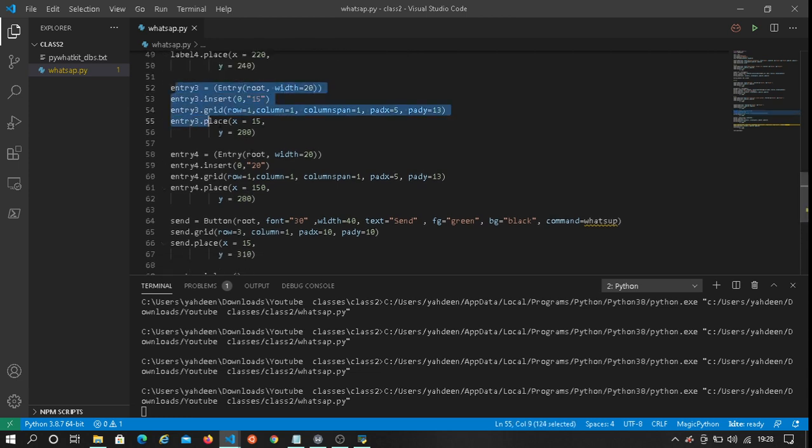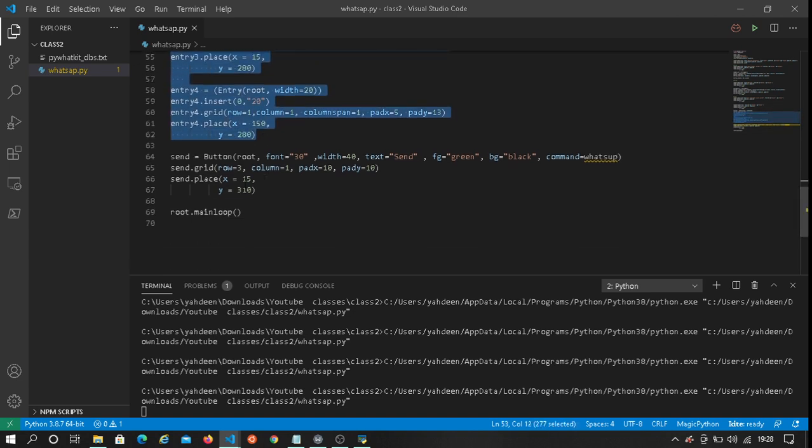This is the entry that will do our time, and you have to say what this application does. It uses the 24-hour format, so you have to set the time in the 24-hour format. So this is the entry for the time, these two. Let's run it, and this is the button that will handle everything.